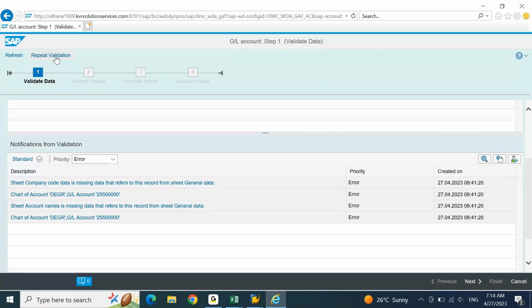Okay, if you make any corrections in the SAP system, do not delete the Excel file, do not cancel it, just click on repeat validation. It will validate the data again with SAP. Since you have corrected the SAP data, it will match the data and proceed further. But in a case like this, if you changed anything in the Excel sheet, the only option is cancel,